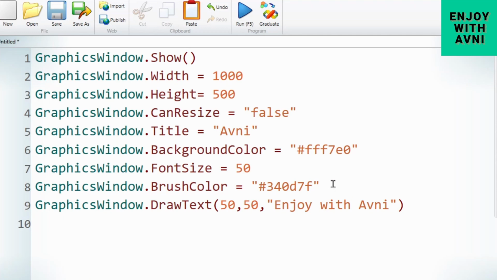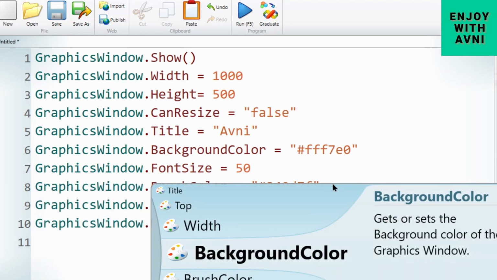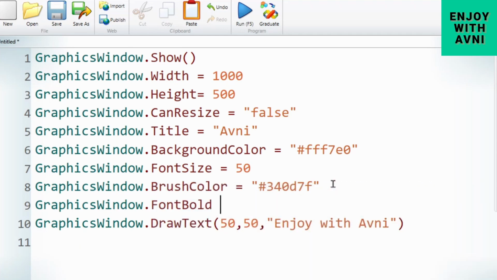Now to make the font bold, you simply write graphicsWindow.FontBold equals, in inverted commas, true.